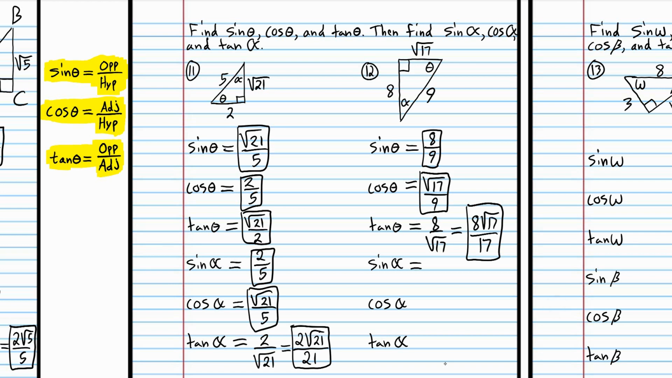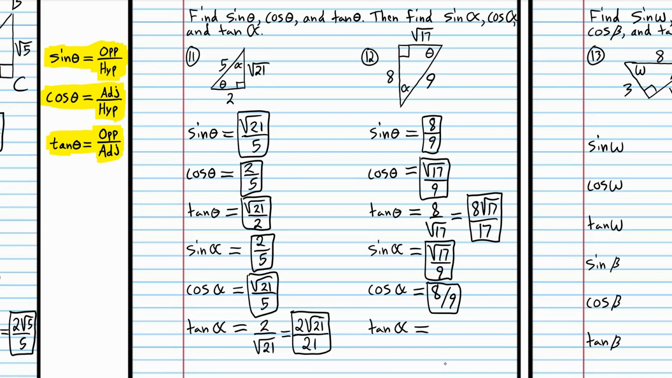And sine alpha. Now we're changing to a different angle. So alpha, opposite of alpha is root 17, and hypotenuse is 9. And cosine is adjacent over hypotenuse. So adjacent is 8, hypotenuse is 9. And tangent alpha is opposite, which is root 17, opposite alpha is root 17,